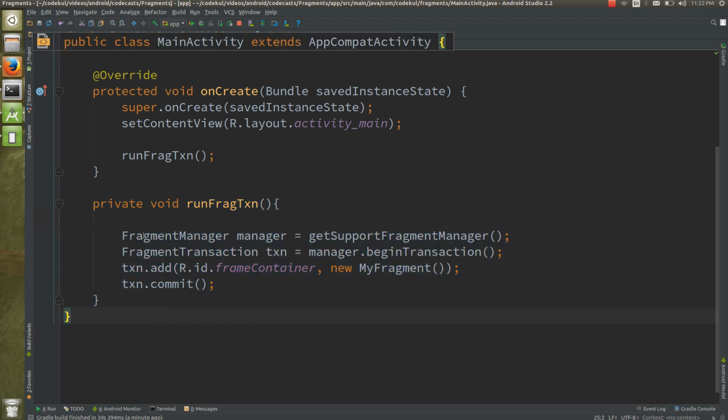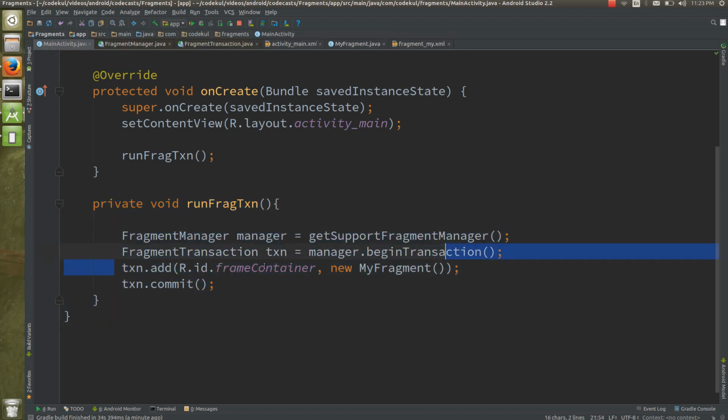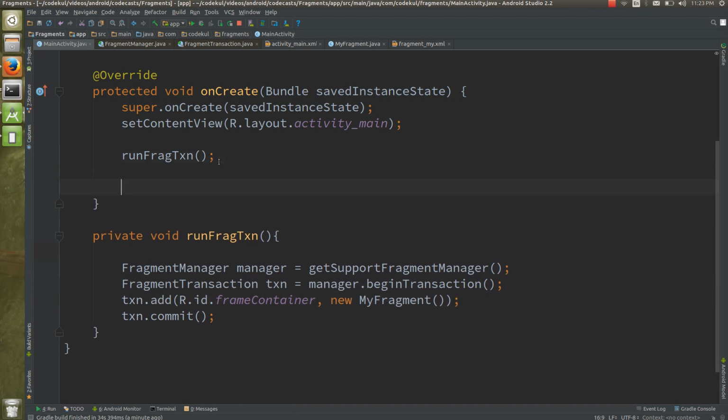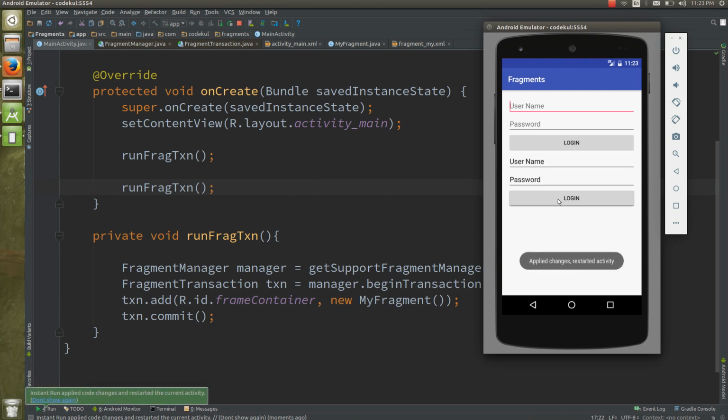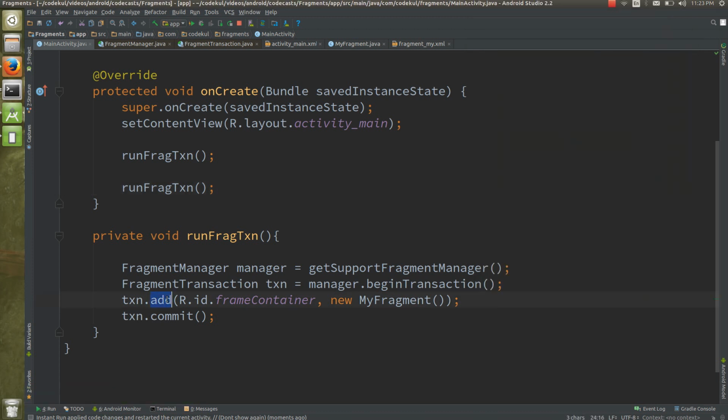So this is how the frame layout and the fragment work. You have written one method over here and you have called add, but the problem with add is that if you call this method once again, two fragments are going to get loaded. Let's run the code and see what happens. You might get two fragments over here. One is a little lighter and one is a bit darker, which means there are two fragments on top of each other. If you want to avoid this, instead of add, just call replace.